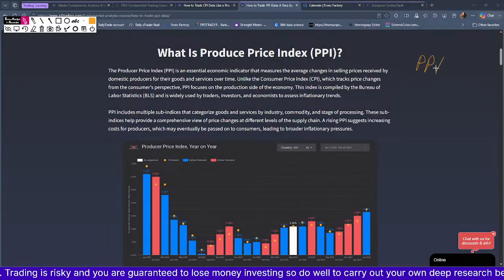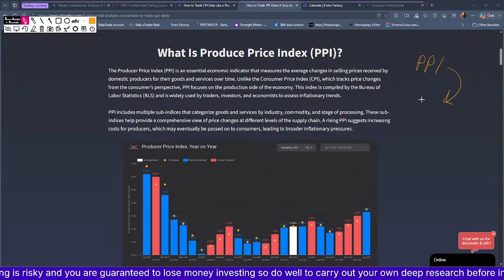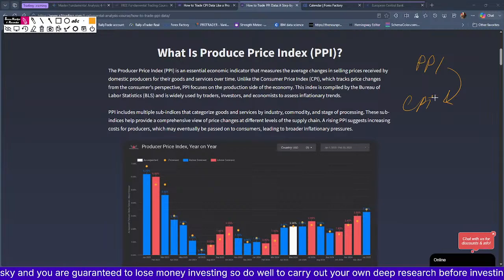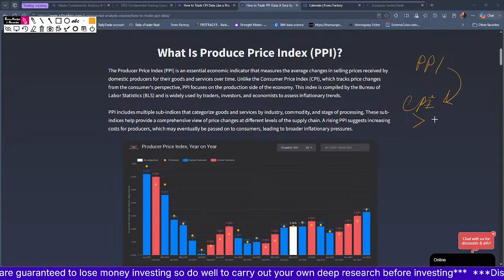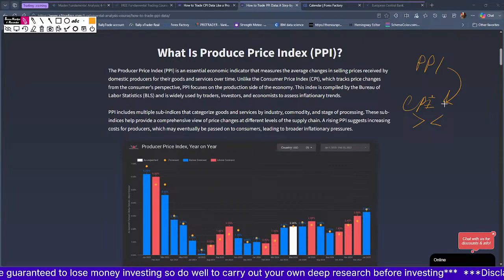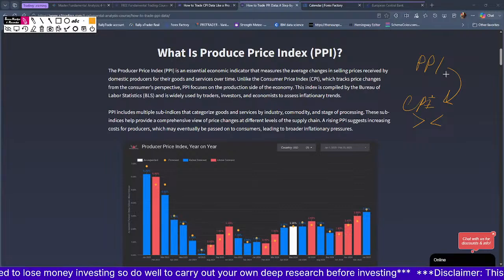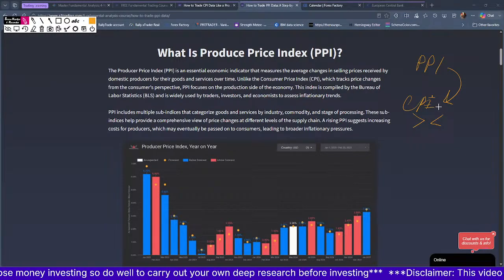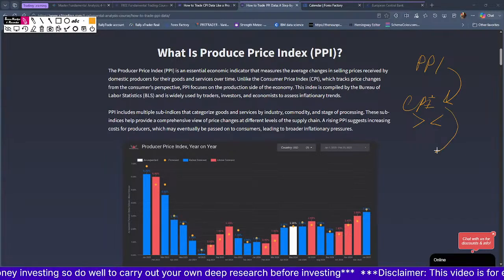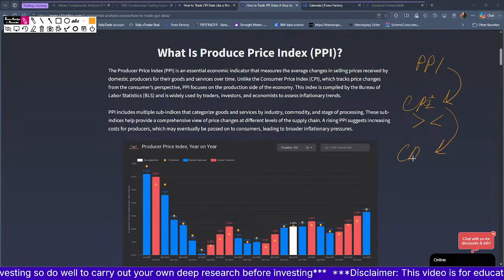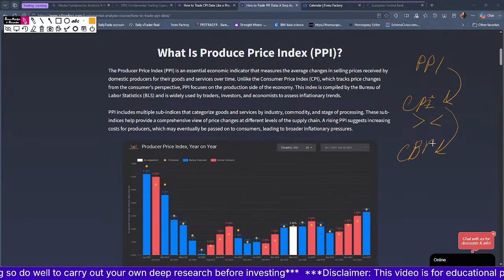Now, this is how you should look at it. PPI is the reason why CPI will grow or fall. If PPI determines what happens to CPI, and CPI is part of the things that determine what happens to the central bank rates,